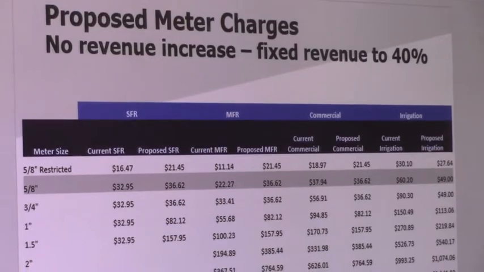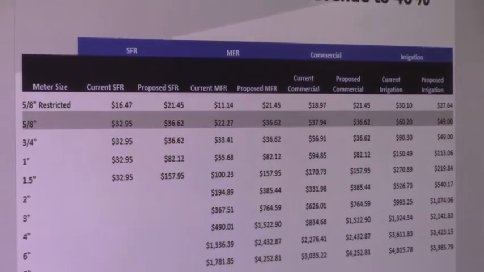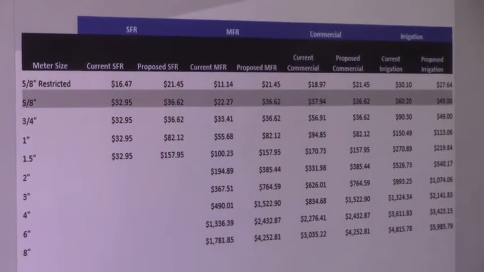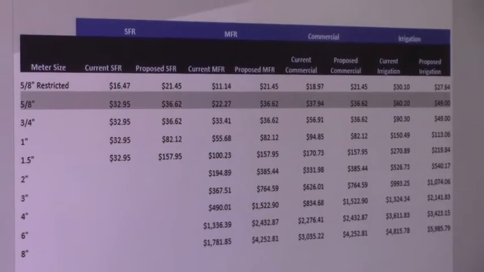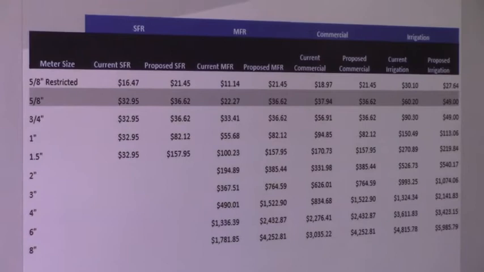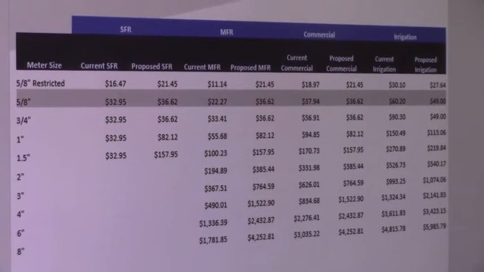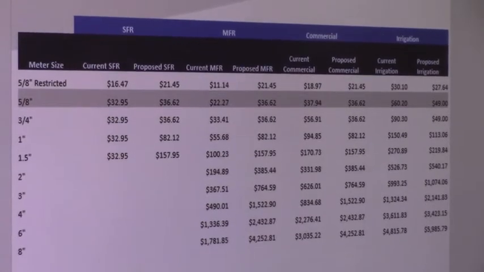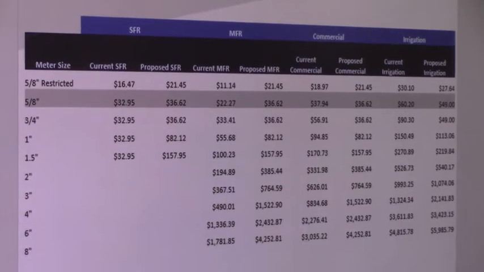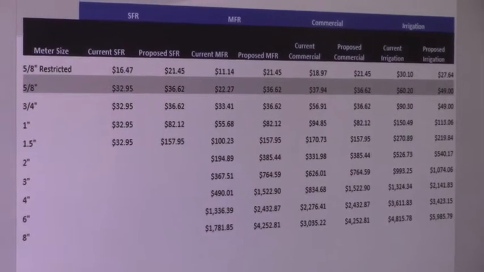Why is commercial going down? Well, because in the past, we saw commercial peaking more in the summertime than we're currently seeing. I don't know if that's the economy doing better, and so you've got year-round tourism. Say it again, commercial is not peaking as much as they used to? They're not peaking as much as they used to. Conservation. You don't see water fountains at shopping centers anymore, you don't see lawns in front of commercial buildings, that's all gone.